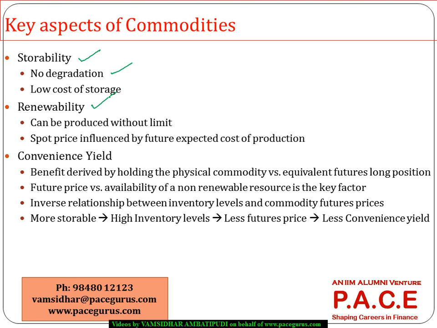So the pricing or the evaluation for non-renewable products, the price is purely based on the current spot price, whereas when we talk about renewable products, even the future expected cost of production goes into the current price, because these things will give rise to the raw materials again, which can be used for regenerating the same product. So the future cost of production also is bundled as a part of the current price for a renewable commodity.